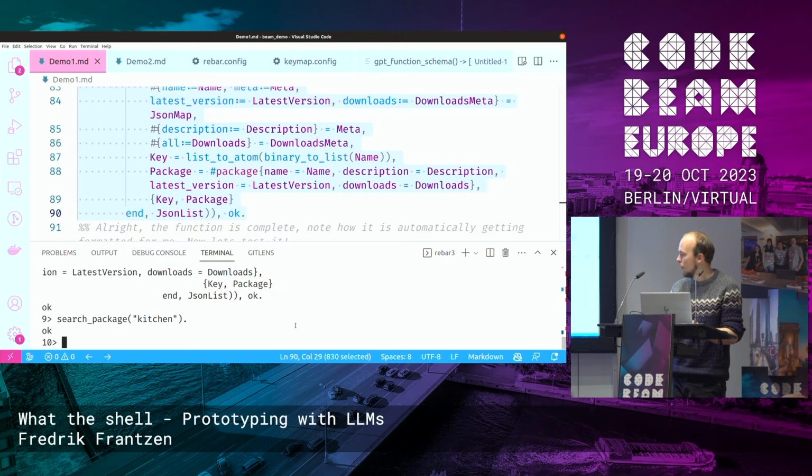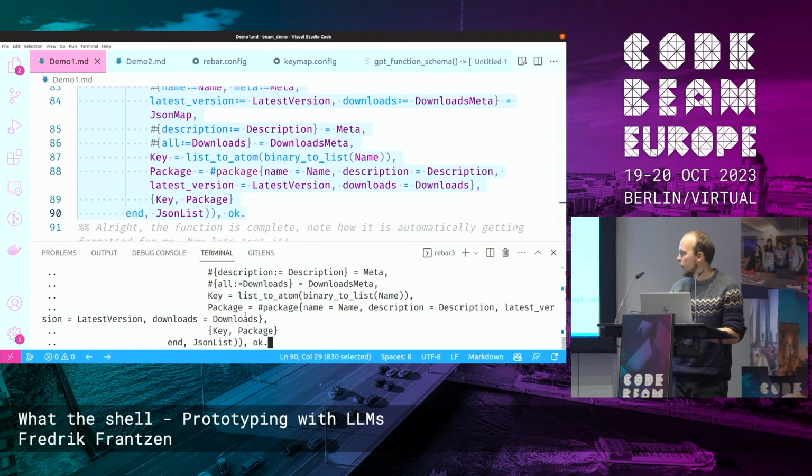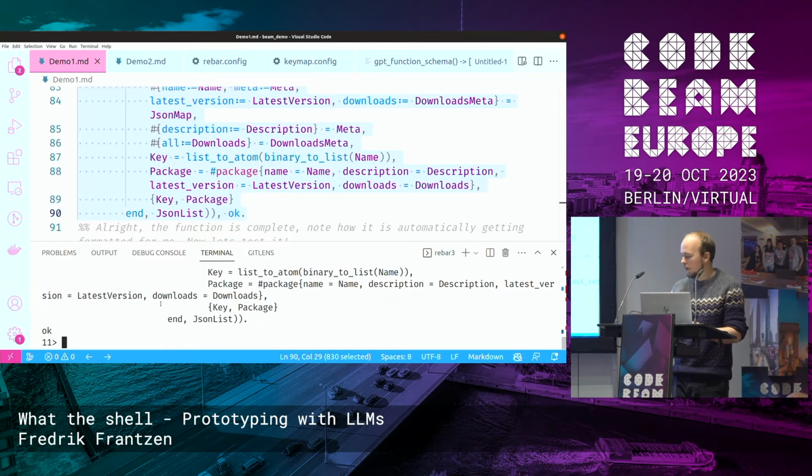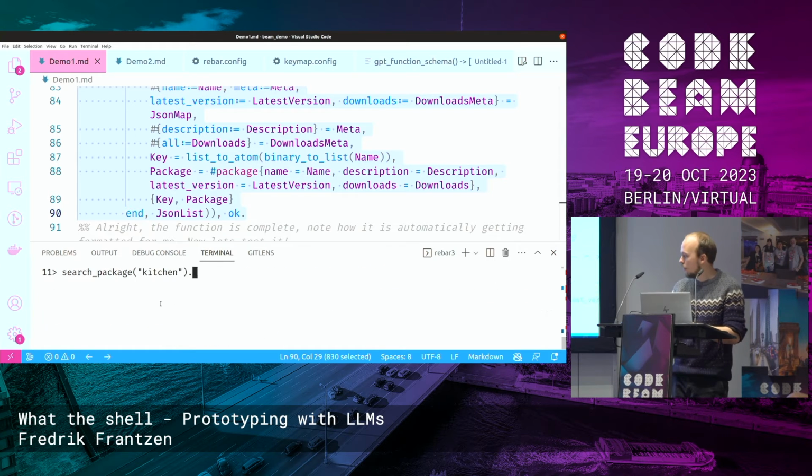That's because I have this statement here, which removes the output and just returns okay instead. So let's go back and fix that, and you can see that it took the whole multiline expression there. So that's an improvement.